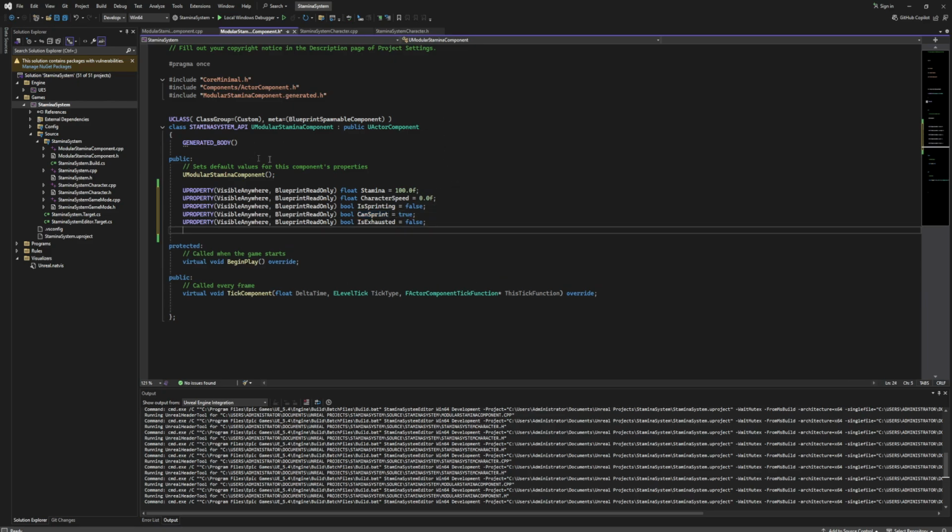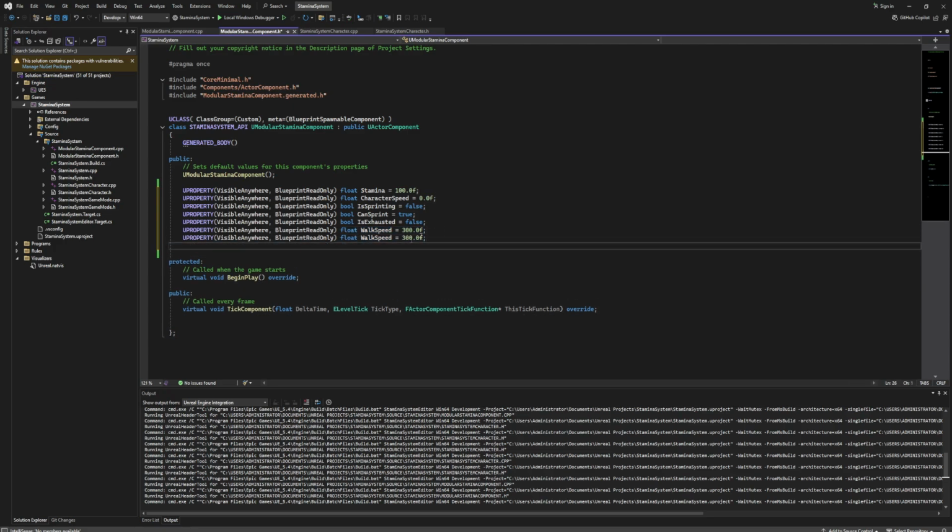The next property that we are going to specify or declare is a float, and it will be walk speed, and it will have a default value of 300. And this walk speed is a variable or property, and that is the maximum speed that our character is reaching when he is walking, so you get the point. And the last property will be similar, so it will be max speed, and it will be the maximum speed that our character is reaching